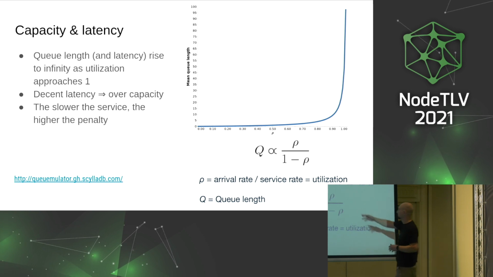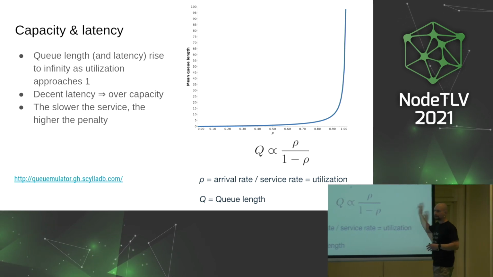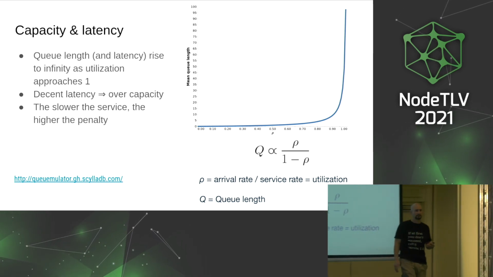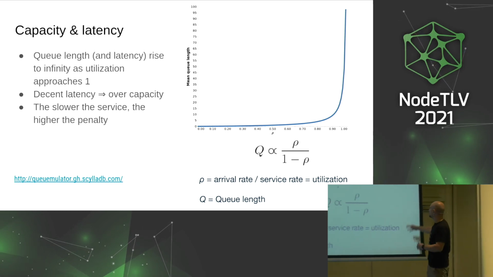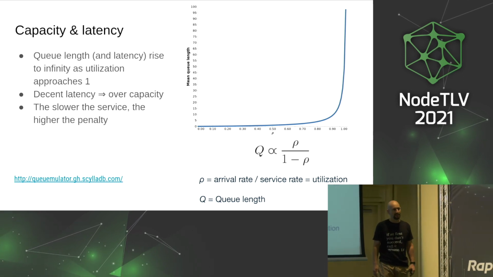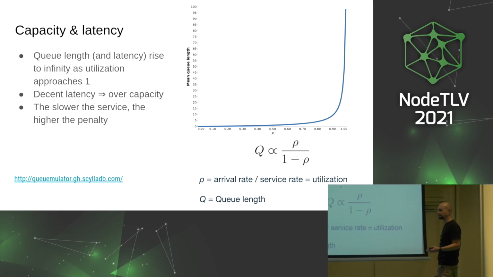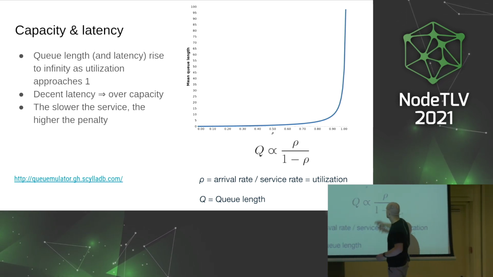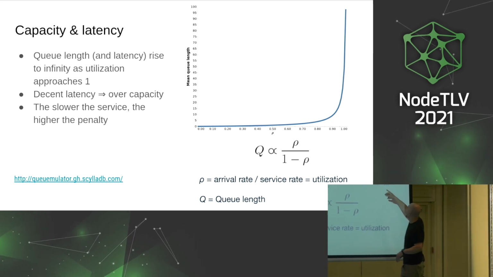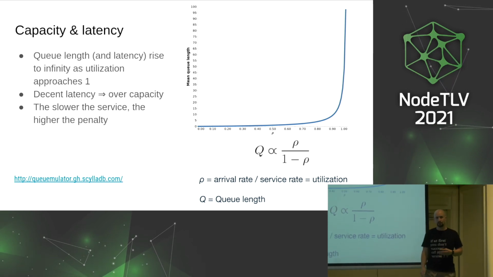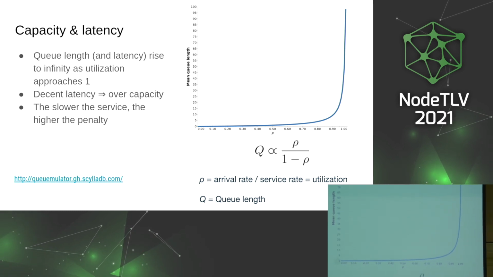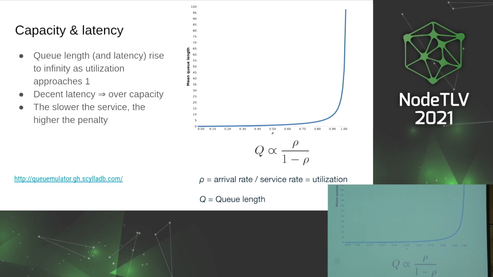So when we plot the queue size, or the queue length, or the latency, versus the utilization, we can see that it depends on the utilization. The higher the utilization of the service center, from 0% to 100%, the higher the latency will be, but it's not linear in any way. You can see that it starts to rise very, very fast when we approach 100% utilization. Even at 70% utilization, you're going to get twice the latency that you normally have. Let's say your requests have an average of 10 milliseconds; with 70% utilization, you're going to observe 20 milliseconds latency. And when you approach 90%, you can see that it's going up to infinity.